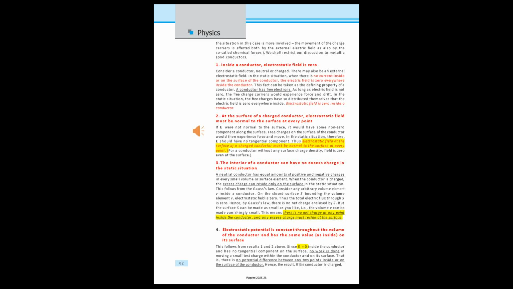4. Electrostatic potential is constant throughout the volume of the conductor and has the same value as inside, on its surface. This follows from results 1 and 2 above. Since E equals 0 inside the conductor and has no tangential component on the surface, no work is done in moving a small test charge within the conductor and on its surface. That is, there is no potential difference between any 2 points inside or on the surface of the conductor. Hence, the result,